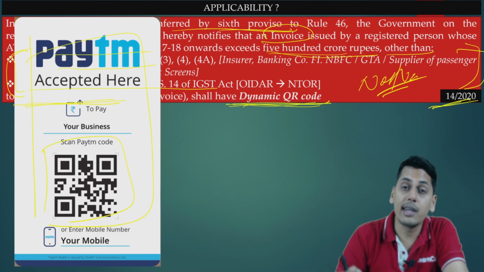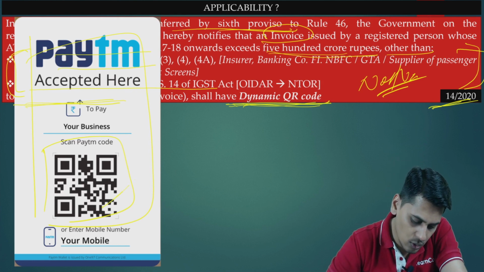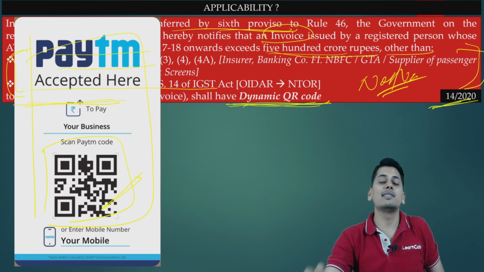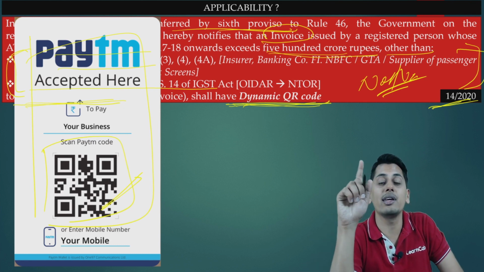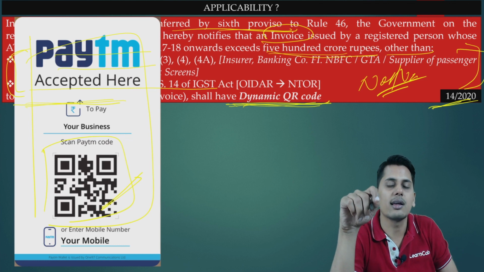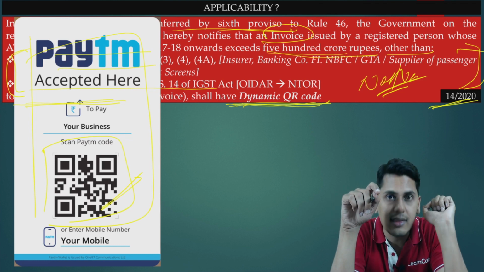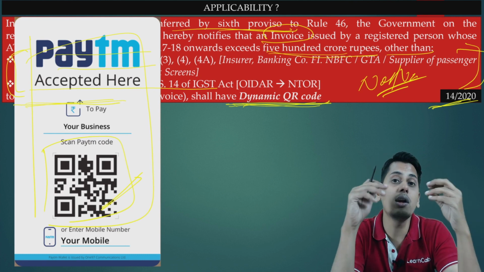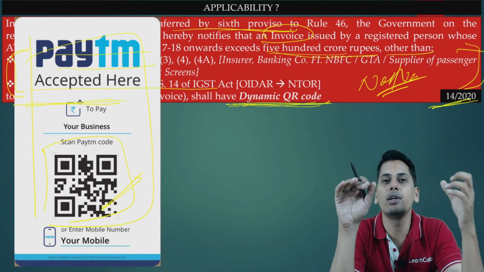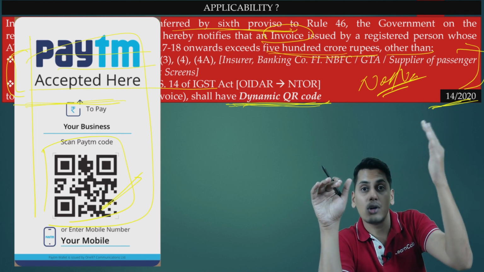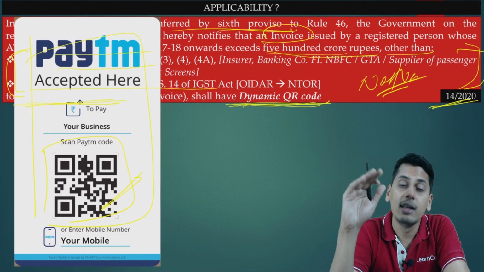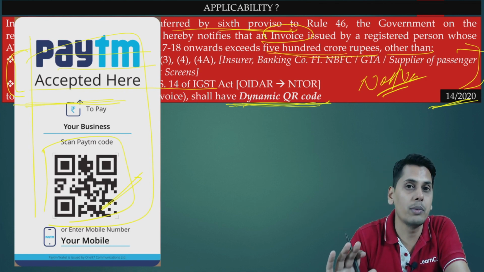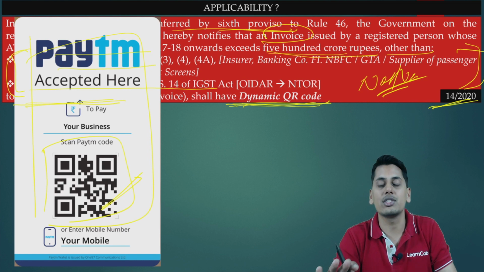You can punch in the amount and the amount can be transferred to the particular supplier. Now friends, here the requirement is not of a static QR code, unlike what is there on your screen. The requirement is of a dynamic QR code, which means the QR code is going to be unique for each invoice, which means that the moment you scan the QR code, it is directly going to give you the details of the invoice. You need not even punch in the amount which you need to transfer. The amount is also automatically going to come to your mobile screen. Thereafter, you can just transfer the amount. So the QR code here is going to be dynamic, unique for each invoice.